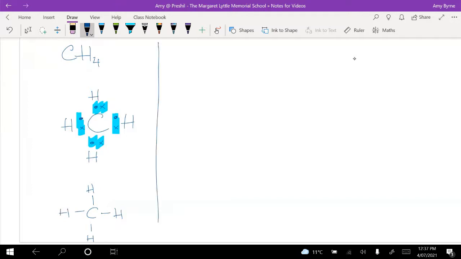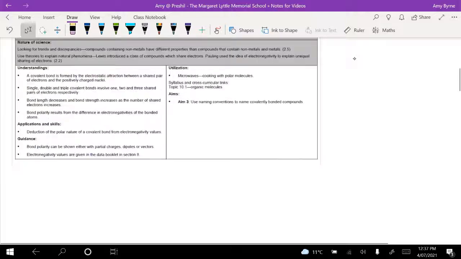Let's do a molecule that is similar in some ways to methane, and that is ammonia. So nitrogen, if you look on your periodic table, has 5 electrons in its outer shell. Before I go too far into this,